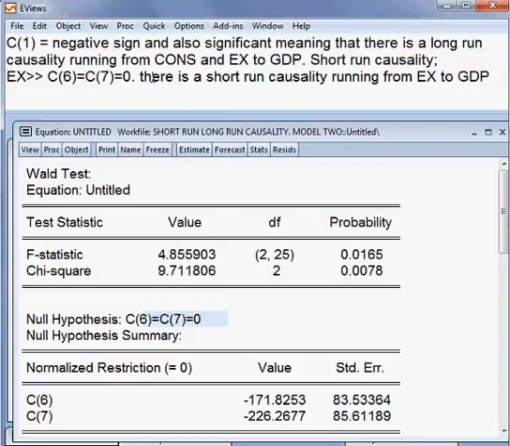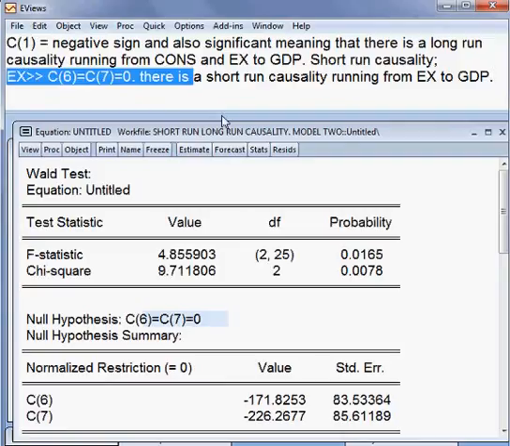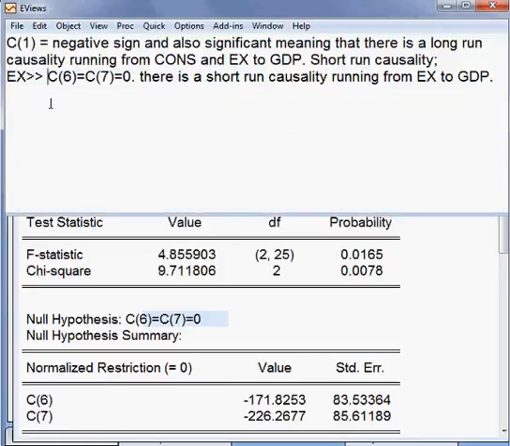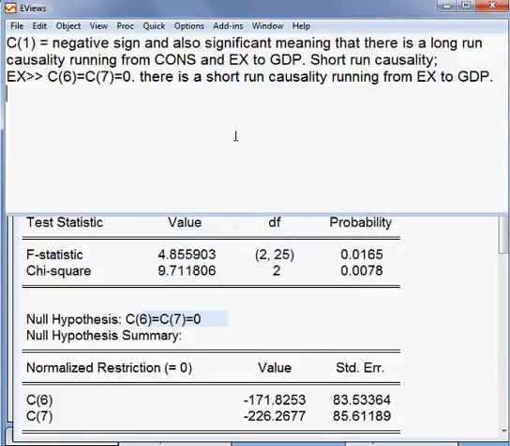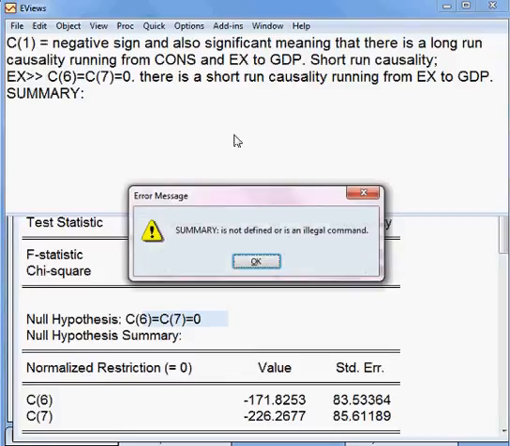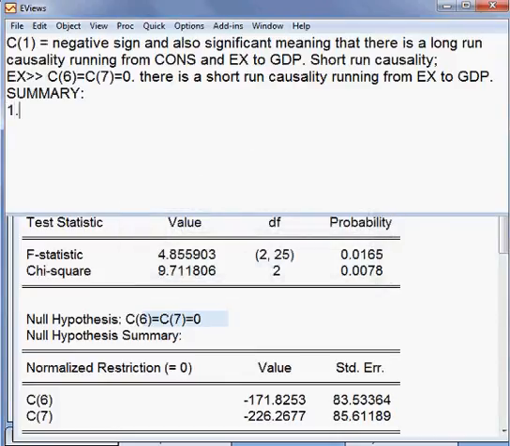There is a short run causality running from export to GDP. Okay, so what is the summary of the model? Number one summary: